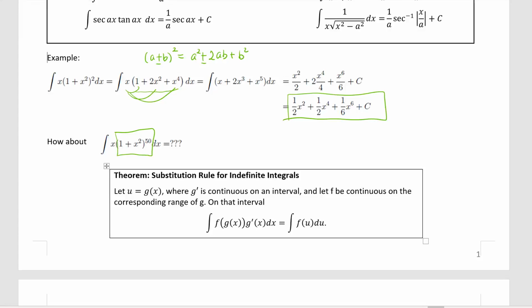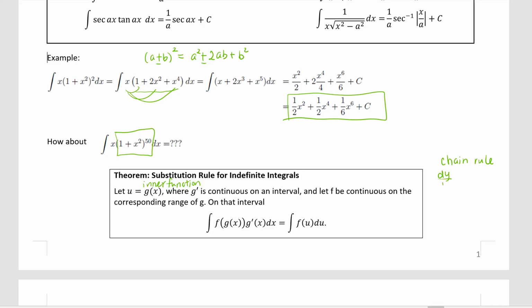So let u be the inner function. Always let u be the inner function. Suppose u equals g of x is a differentiable function, where g prime is continuous on an interval, and let f be continuous on the corresponding range of g on that interval. Then the integral of f of g of x times g prime of x dx equals the integral of f of u du. Why is that? If you can remember the chain rule,